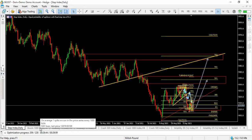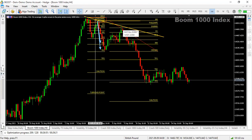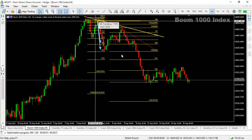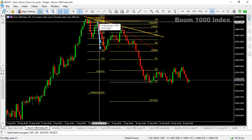So let's go quickly into Boom 1000. Boom 1000 is already at TP3 from the sniper entry that I gave last week. All right, I gave this first entry. All right, got to TP2, and then I gave this second entry at the sniper level. All right, this first entry, you see that if you had held on to that first entry on its own,